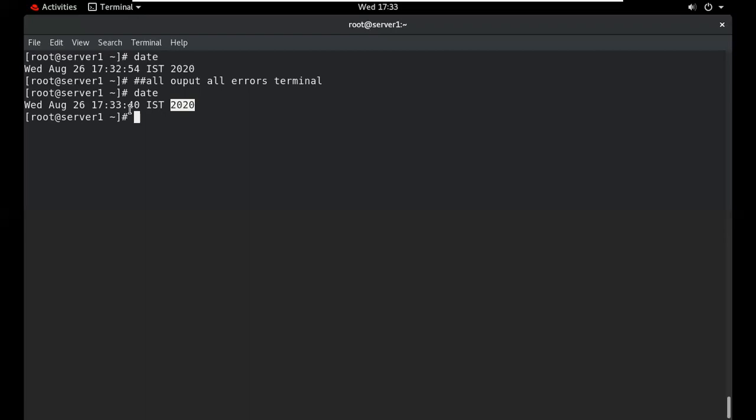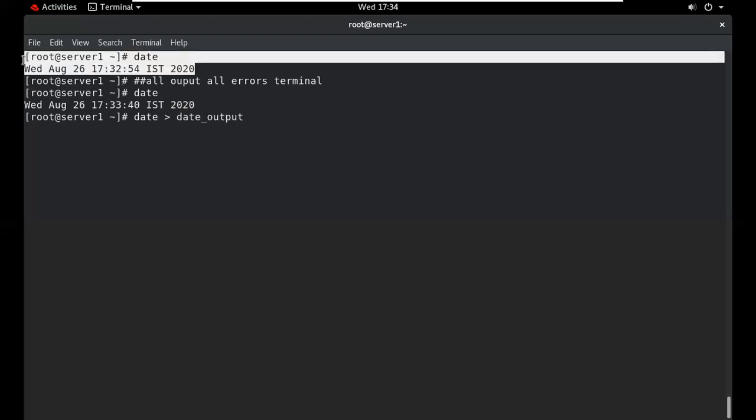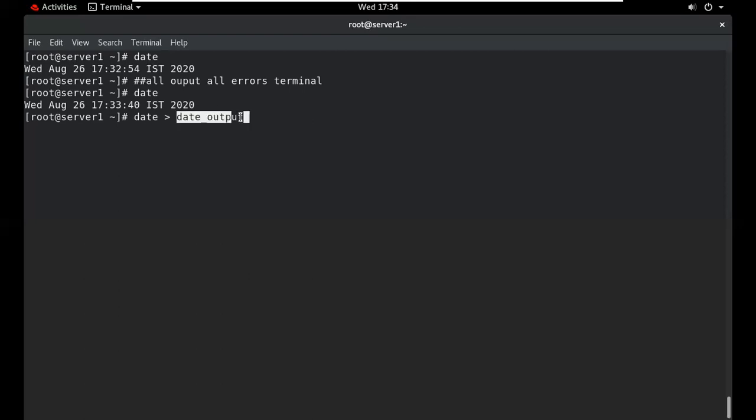In this example, suppose we want to save this command's output in a file. Now, after the command, this is my file name, date_output. It will create a file, and this particular output will be saved in this file.